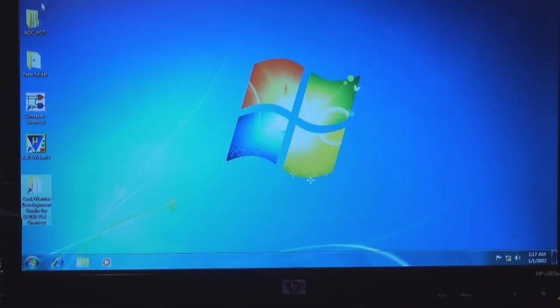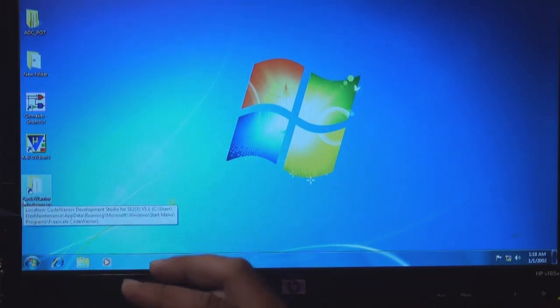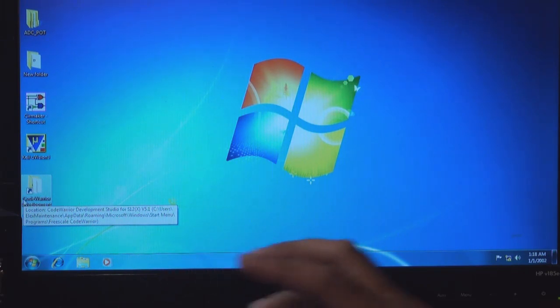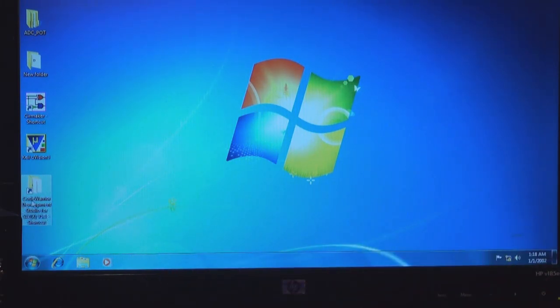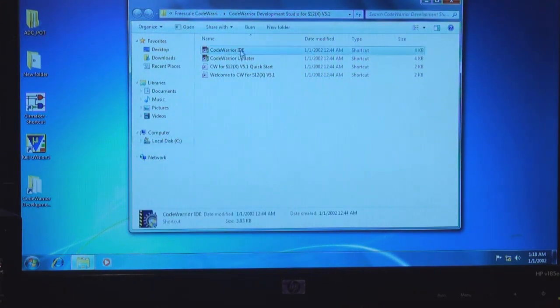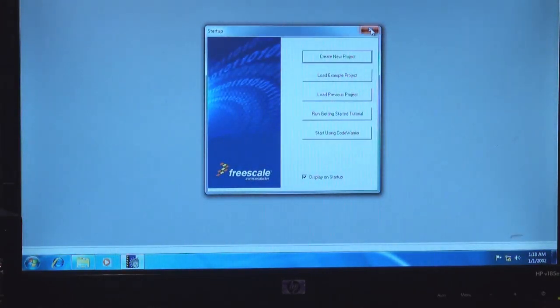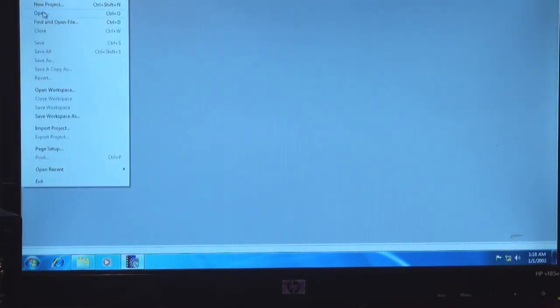To run our program on the embedded kit, we require some software. For the HCS12 family, the burning program is the CodeWarrior Development Studio IDE. I open this software and browse for our code.